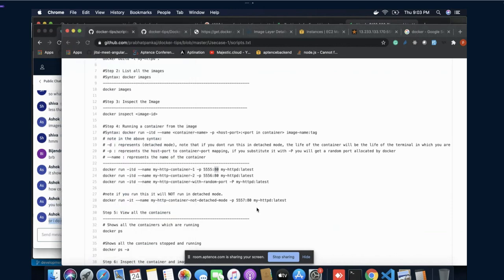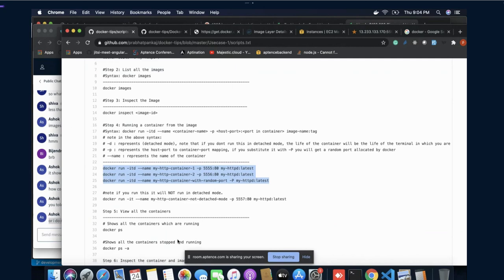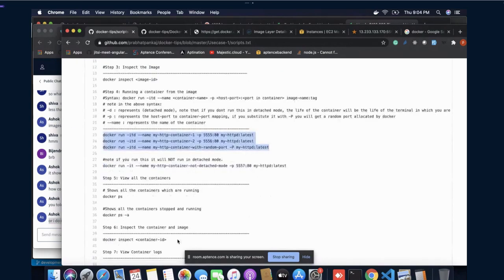Okay, might be. See, what I was trying to say is there are a total of three different Docker containers running from one Docker image. Now if you see here, if I run with -itd, d represents detached mode and t means terminal.